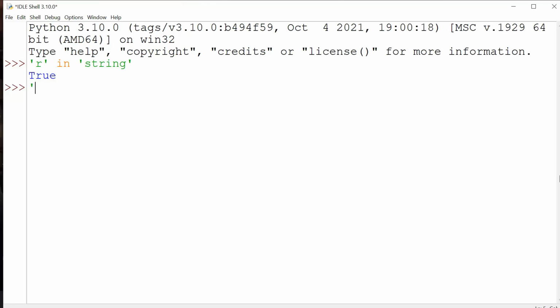Similarly, you can check not in. It returned false, because R is in the string, right? What I asked was not in the string, so it returned false.